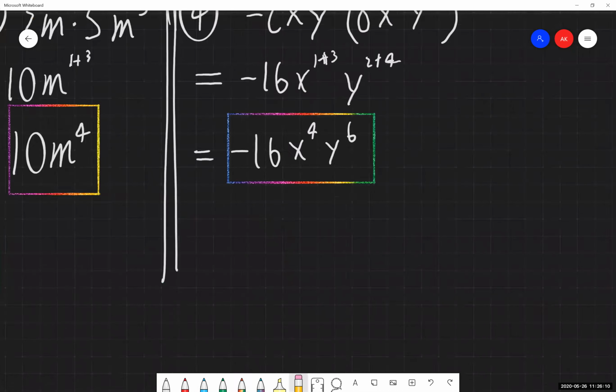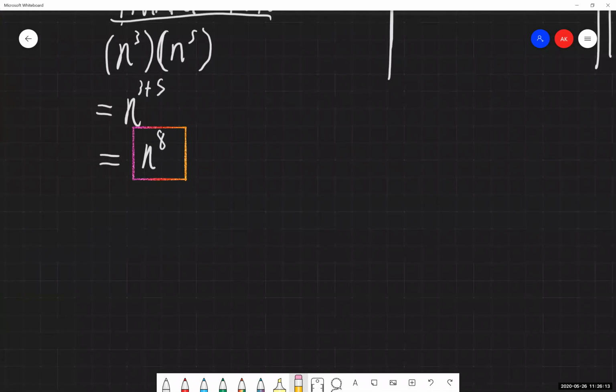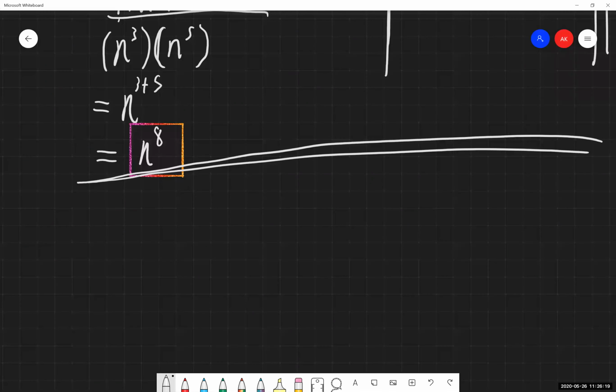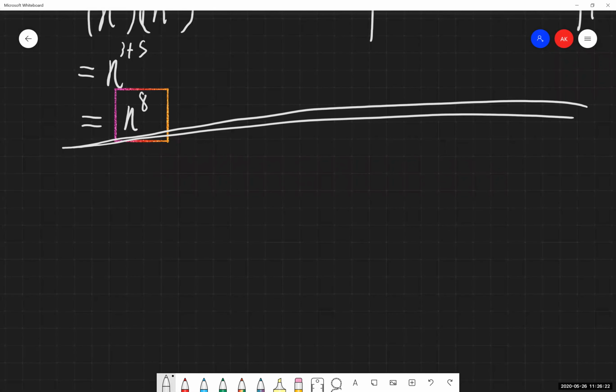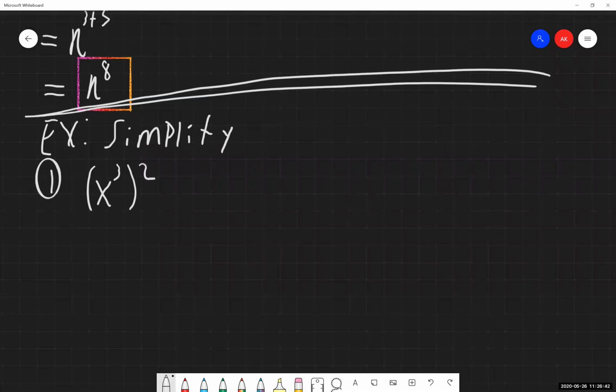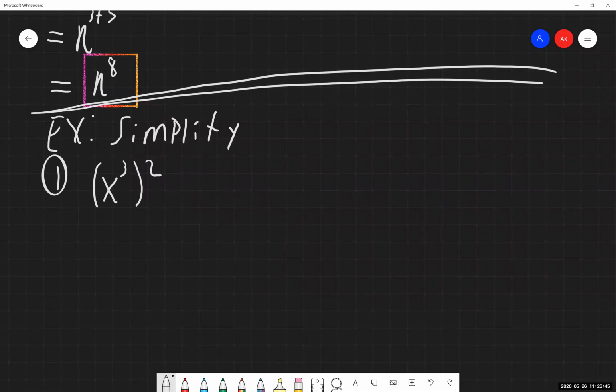Now it'll jump us to our next set of examples that we had. And this was working primarily with the power rule. So we're applying the power rule for these ones. And again, very similar to our previous examples, we're just applying that property. For this set, the first thing we're starting with is x to the third raised to the second power. I want to show you where we are getting this power rule from. So I'm going to show you how we solve it with expanded form first. We're expanding it out, and then we'll go from there.